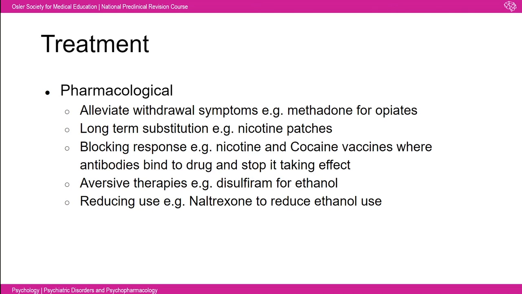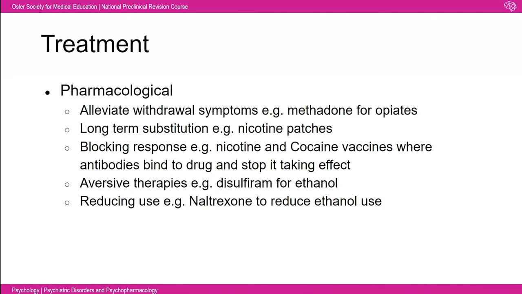So you use nicotine patches to still give that dose of nicotine without all the adverse effects of smoking. So while it doesn't completely cure the problem, it's going to put off the worst action that could be taken. Then you've got a blocking response. In the case of nicotine and cocaine, you can have a vaccine where the antibodies bind to the drug as you take it, and therefore it can't have an effect, which means you then aren't going to take it because you're not going to get any of the fun effects of taking them